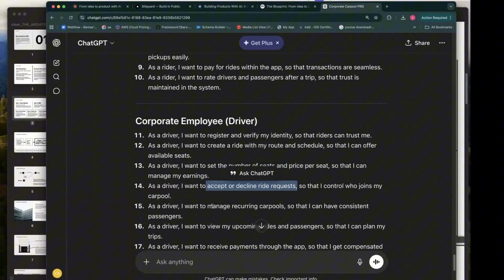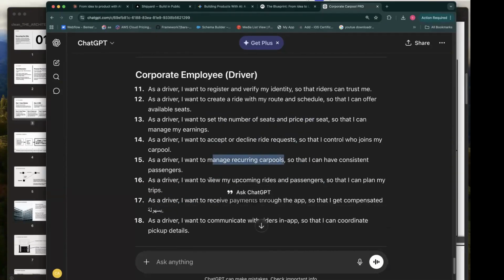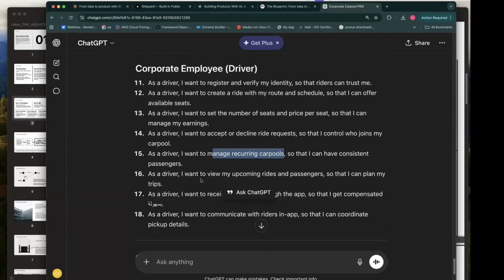That's a feature. I want to manage recurring carpools. So you see, it's a very important document, and it gives the developer and the AI that will be running things when development starts a lot of context and makes things a lot easier. You're able to get more deterministic output that aligns